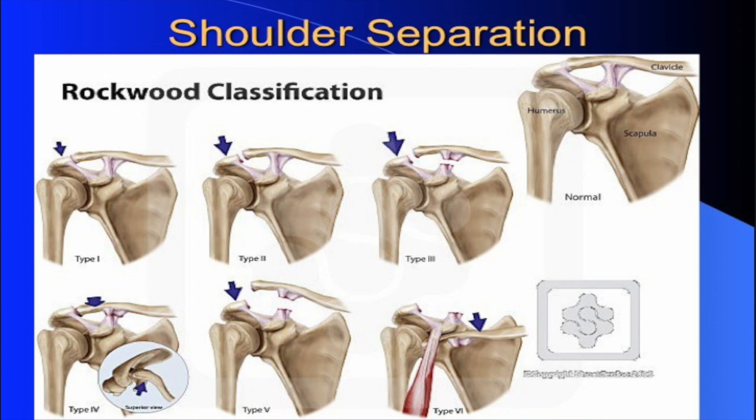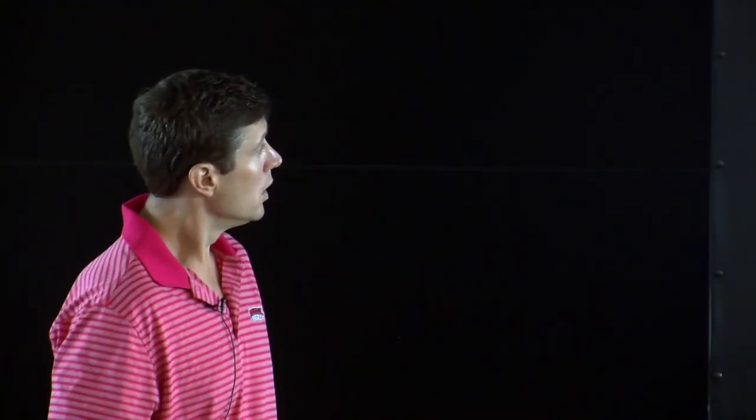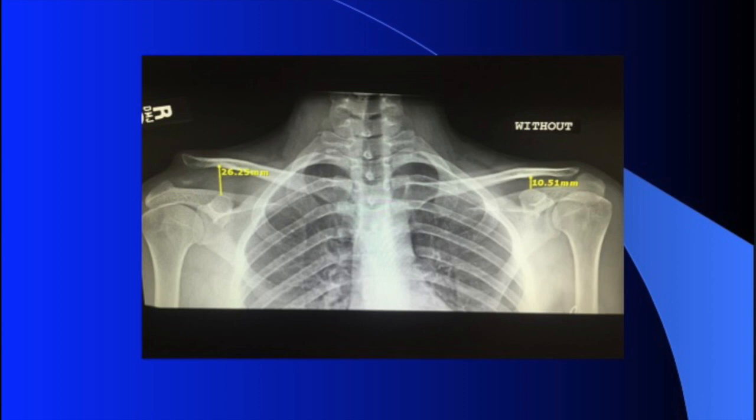If they injure it in a very common way, this type 3, where it'll just be elevated a little bit, those you can usually let heal and people will do okay. This was just a girl I had. A lot of bicycle accidents. I feel like I'll see a lot of people go over the handlebars and boom on the shoulder, but she